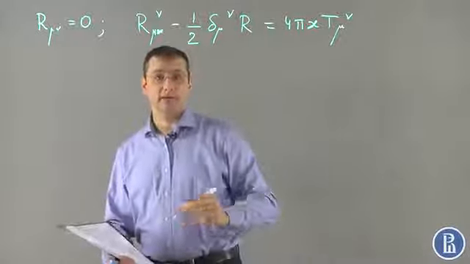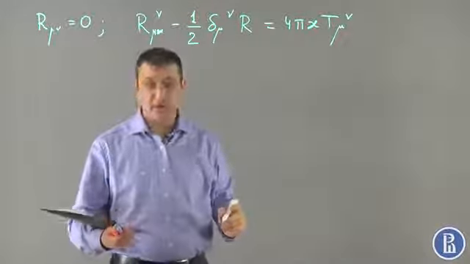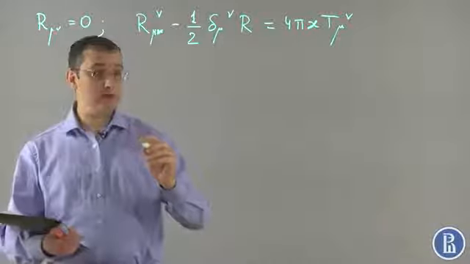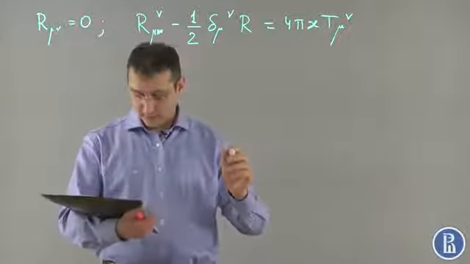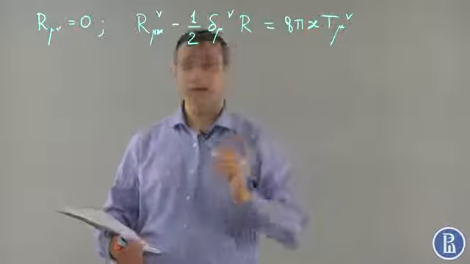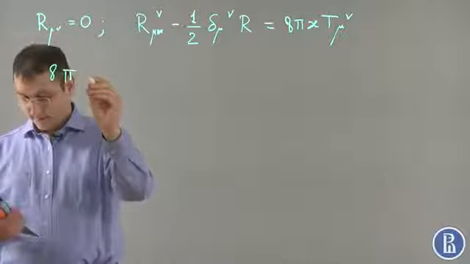In this form, for the metric under consideration, Einstein equations look like, actually, it should probably be 8 pi. Anyway, so 8 pi kappa